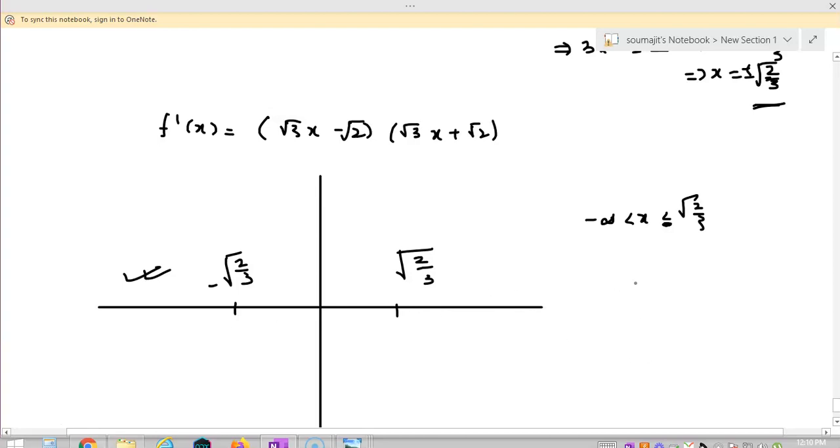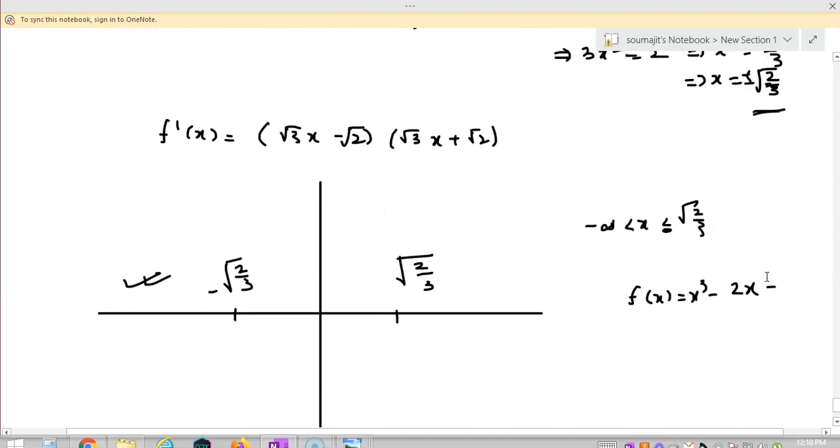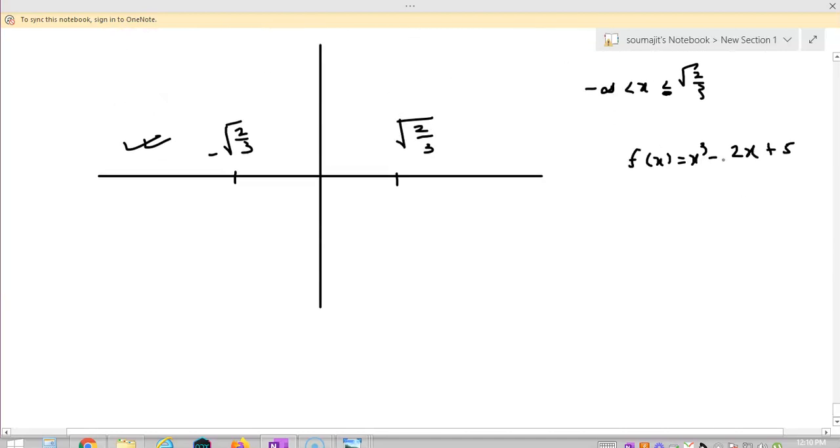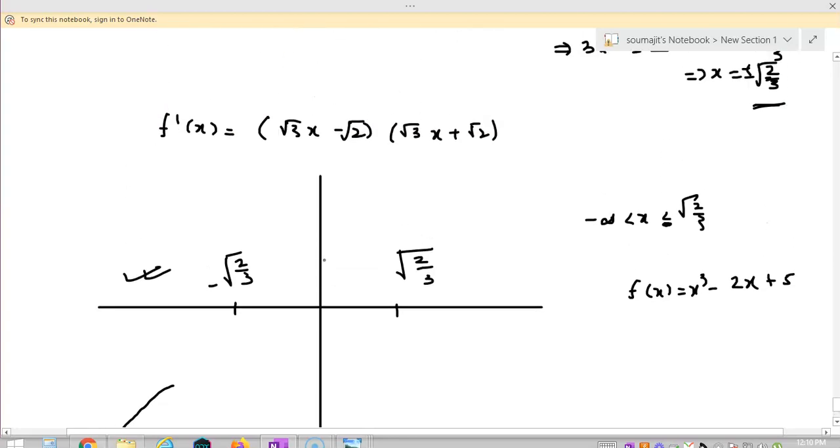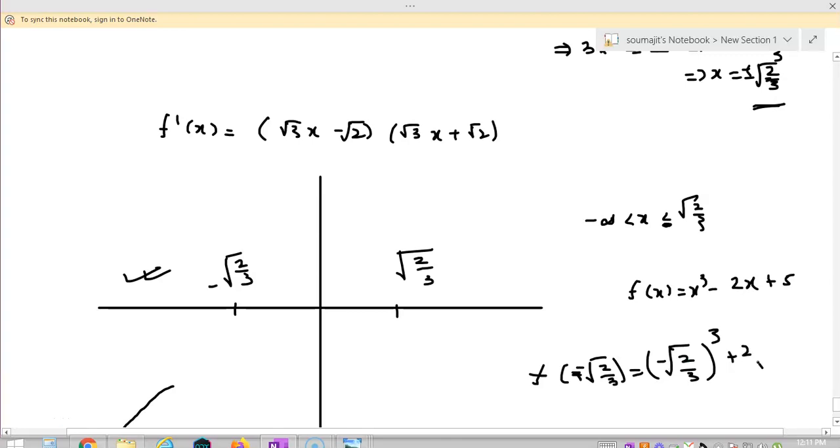Now as f(x) is equal to x cube minus 2x minus 5, if you try to put x equal to minus infinity, it starts from minus infinity, so this graph will look something like this. Okay, now find the value of f of minus root 2 by 3, which is equal to minus root 2 by 3 its whole cube plus 2 into root 2 by 3 minus 5. So this is nothing but